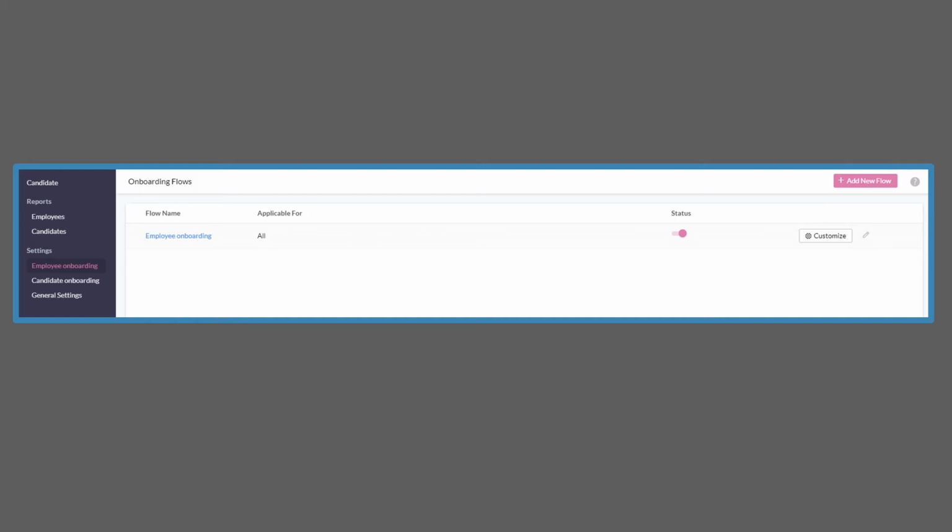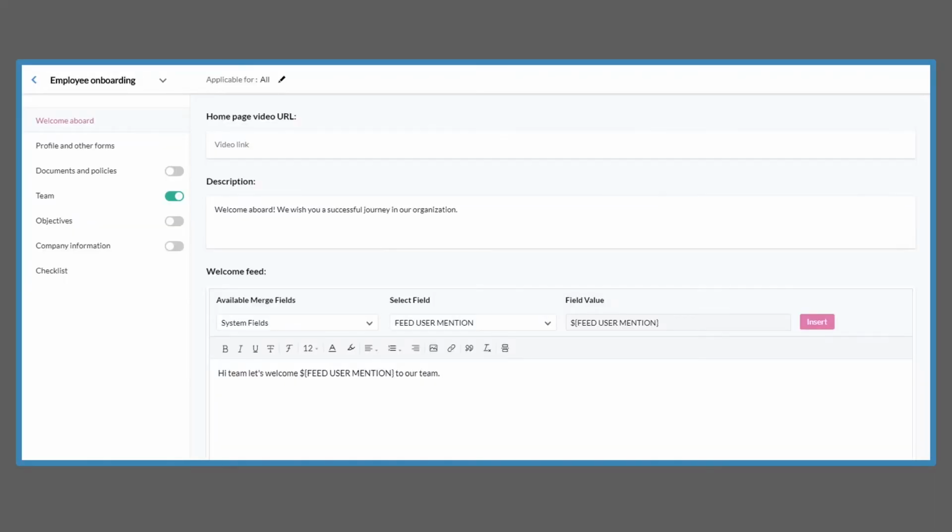Employee onboarding tabs. To view the default tabs in the onboarding module, click Customize. These tabs can be enabled or disabled according to their applicability. The description given for each page can also be edited according to the organization's style. So,